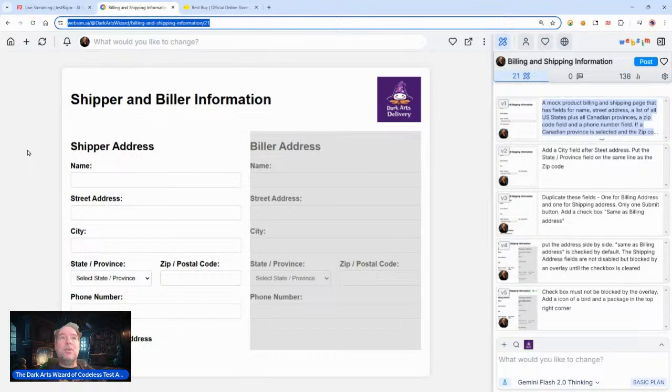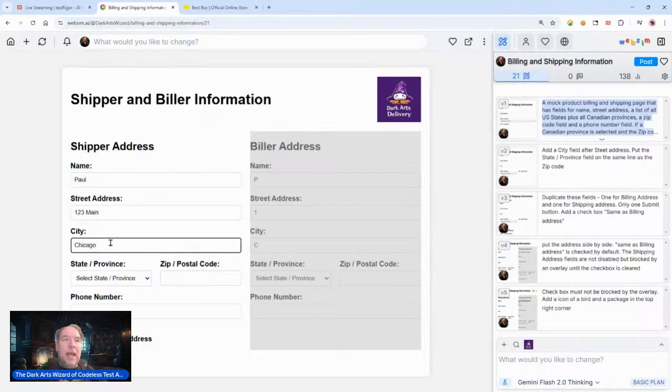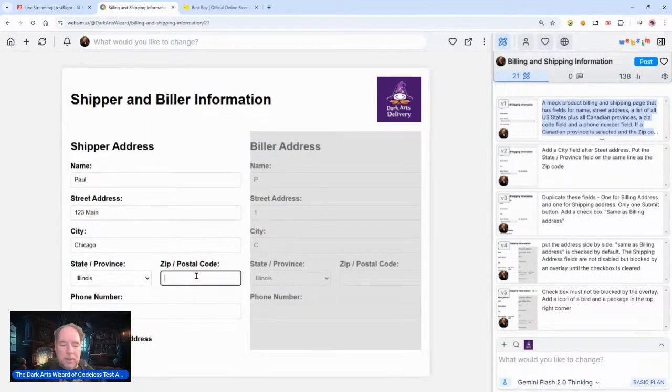Now, what is this actually going to do? I'm going to put in my name, Paul. I'm going to put in my street address. It's 123 Main Street. And the city I live in is Chicago. And the state is Illinois, and a zip code 60133. We'll do that. And a phone number,